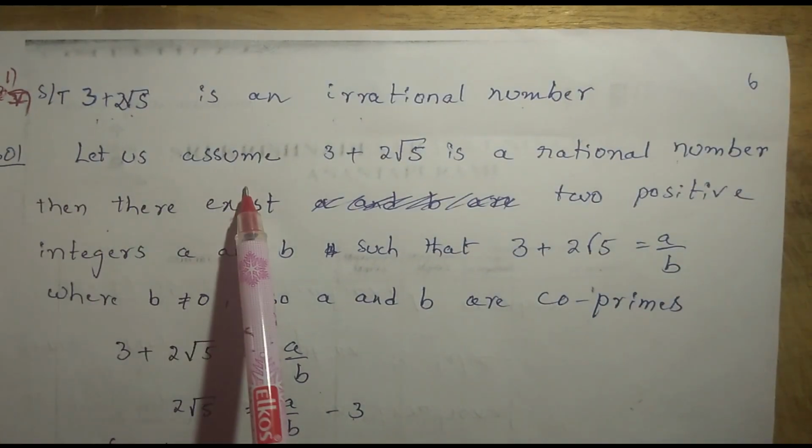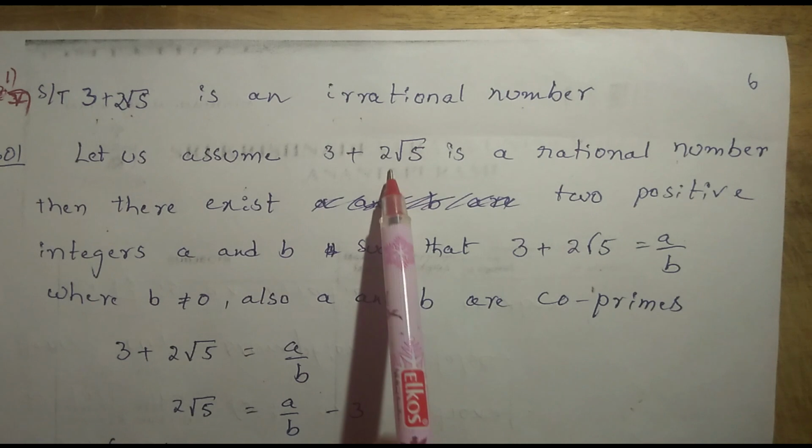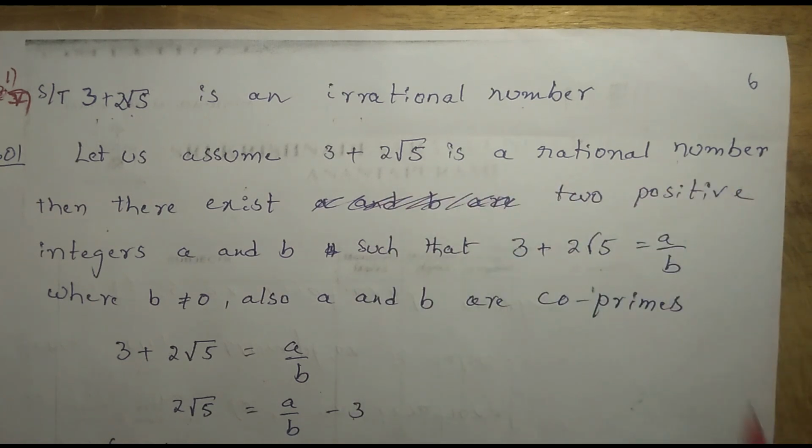Let us assume 3 plus 2√5 is a rational number. Then a rational number can exist. Then there exist two positive integers a and b, or you can take p and q or s and t, any variable you can choose, such that